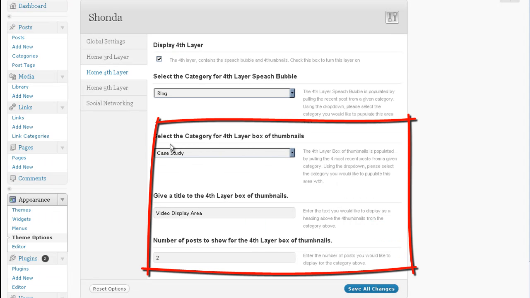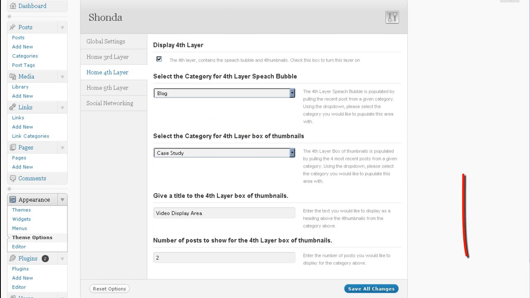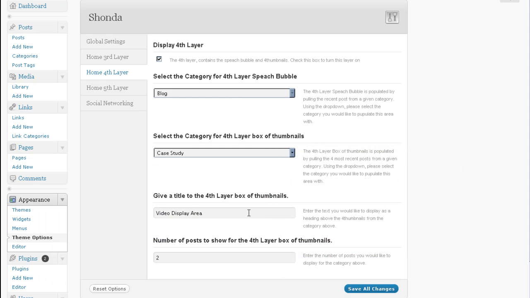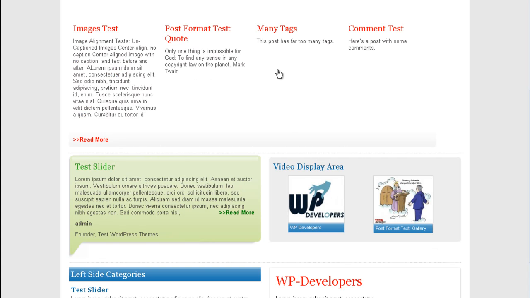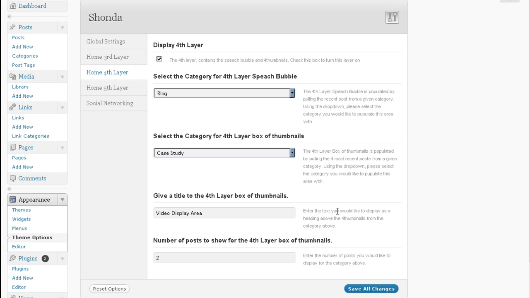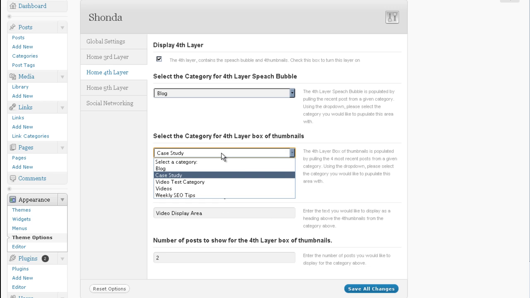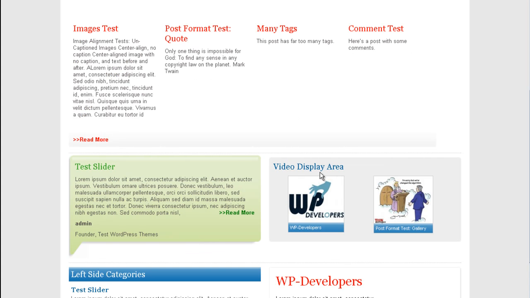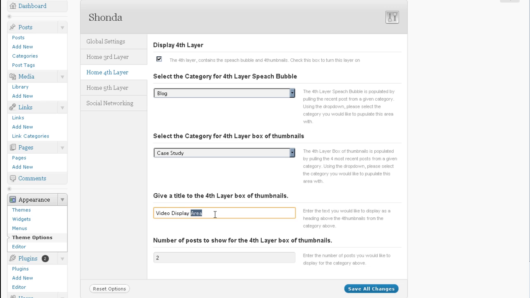This is the right side of the fifth layer. It's this section right here, the video. So currently I've got it set as video display area, and it also works by pulling the most recent posts from a given category. So you can set the category that you would like to populate from. You can give a title to this area right here. So we can just change that to